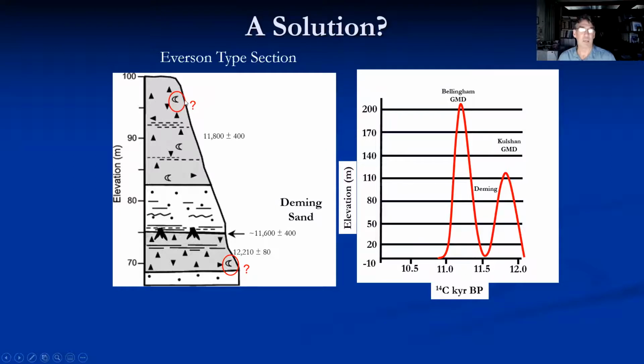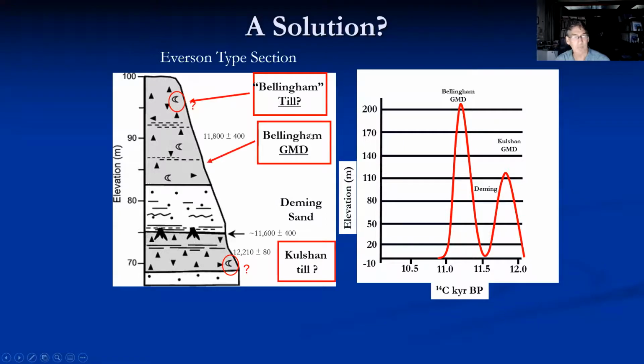The other thing I haven't had a chance to mention is that I also looked up near the top of the column, and I couldn't find any intact shells up there either. The upper half of this really didn't have any shells in it that were intact. There are little bits and pieces here and there, but nothing much else. And so with all this different work, we came up with an alternative interpretation. Is it feasible that the upper part of this is not a glacial marine drift, it's a till? There is a glacial marine drift down here right above the Deming sand. I completely agree with that. But is this lower drift down here a till also?